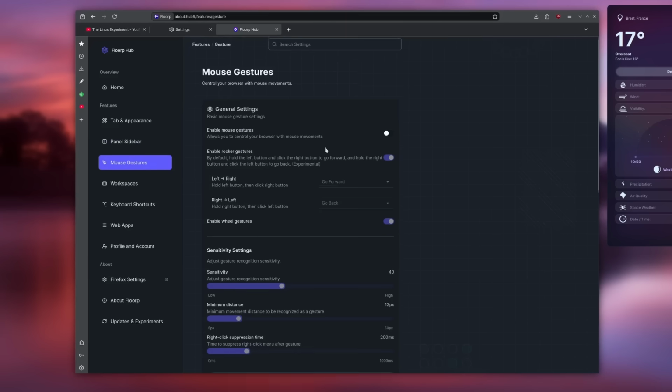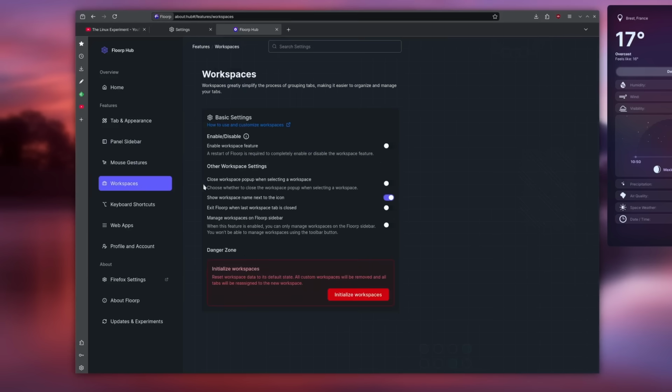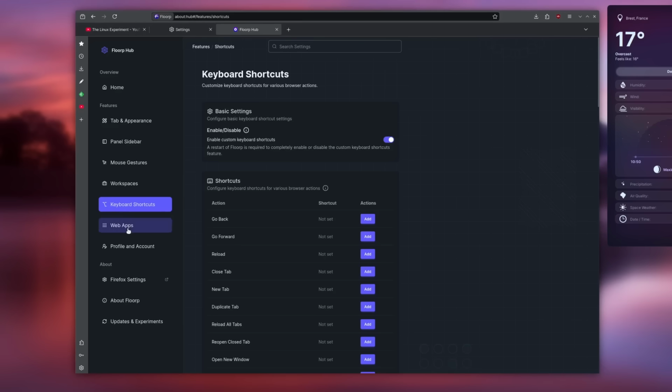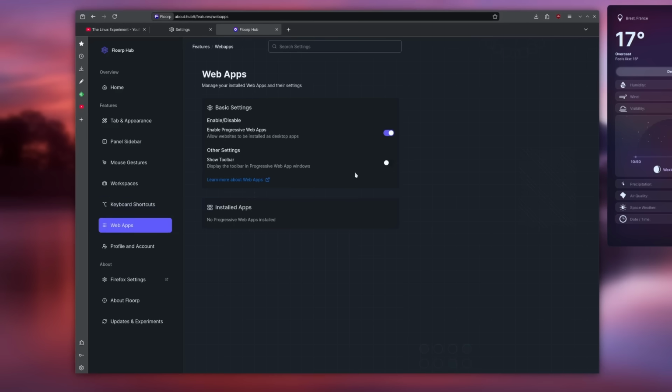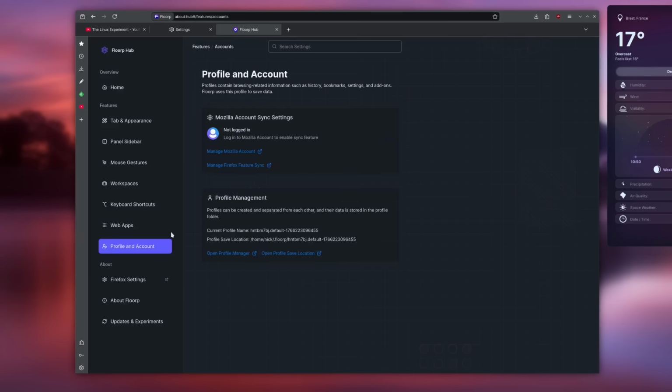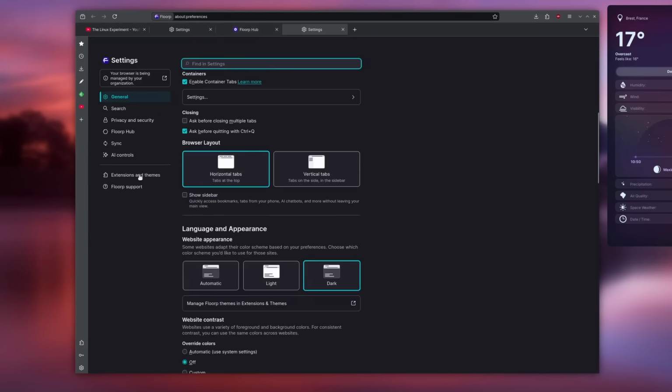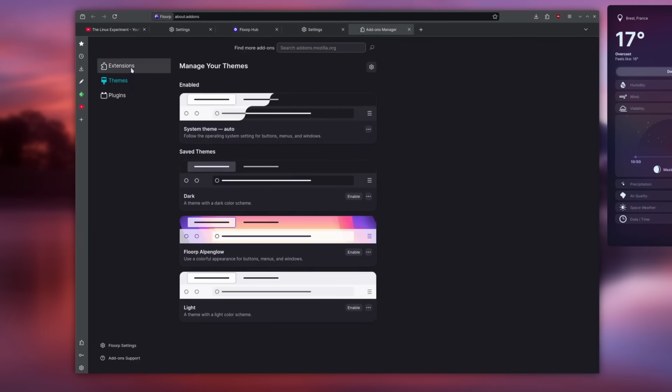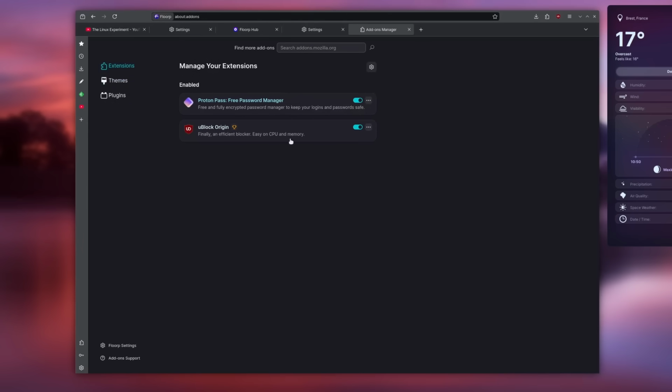Now, this could all be done on any other Firefox-based browser or Chromium-based browser. I just like Florp because it's simple. I have yet to see any single AI feature being crammed down my throat. Even the features Firefox added, I don't see them in Florp, which I like because I really don't want that crap on my system. It's not that it's my favorite of all time, it's not that it's the best, it's the one that works for me currently, and since I sync my passwords and everything through extensions, I don't necessarily need to focus on that. I can switch to any other browser anytime I want, as long as it supports a Proton Pass for my